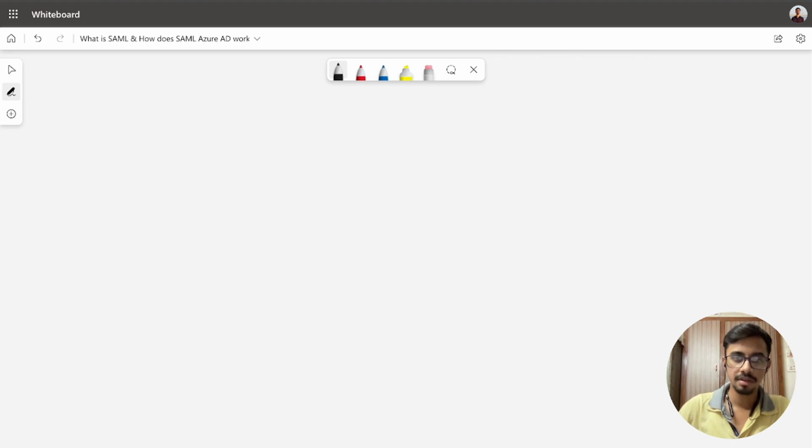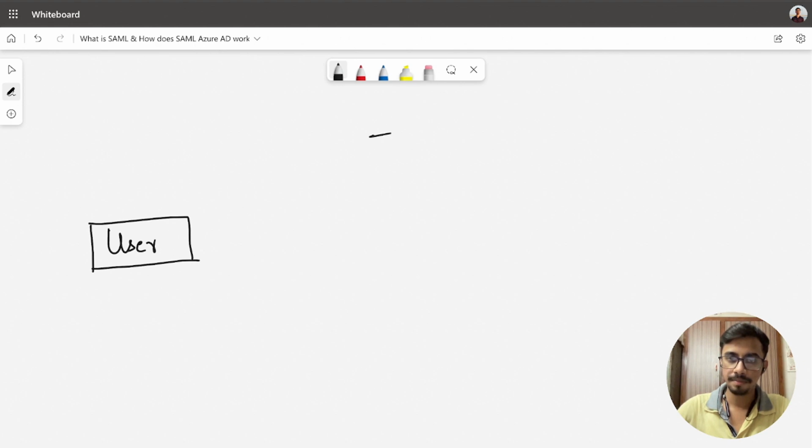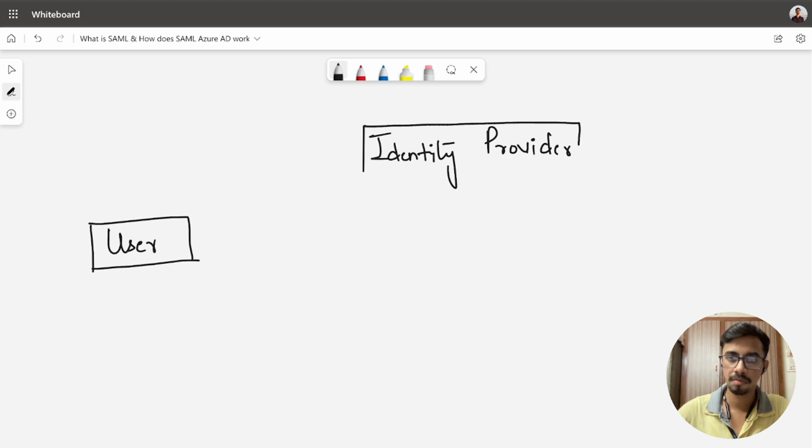The first component is a user. The second component is what we call an identity provider. And the third component that we call is a service provider.